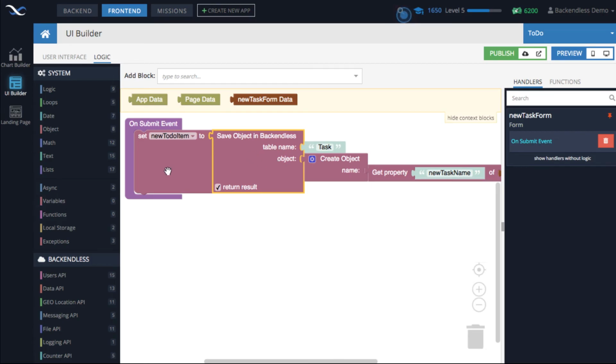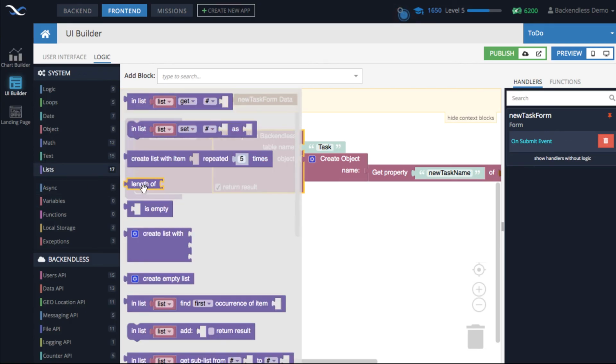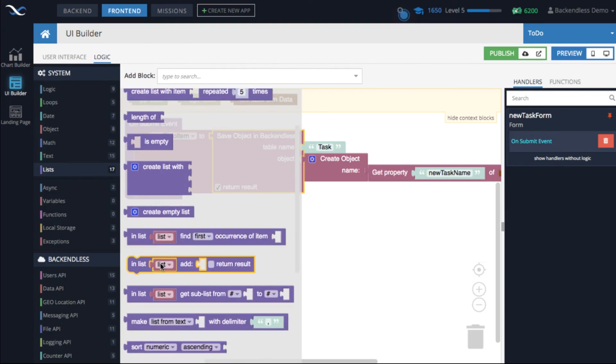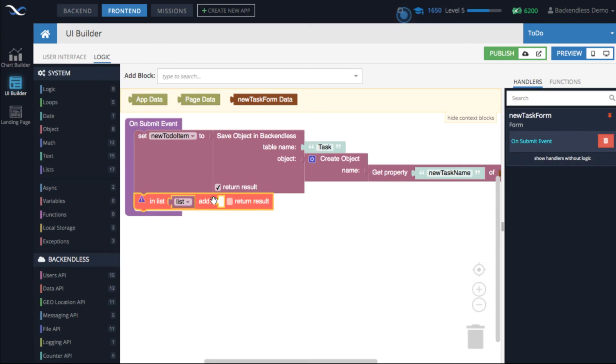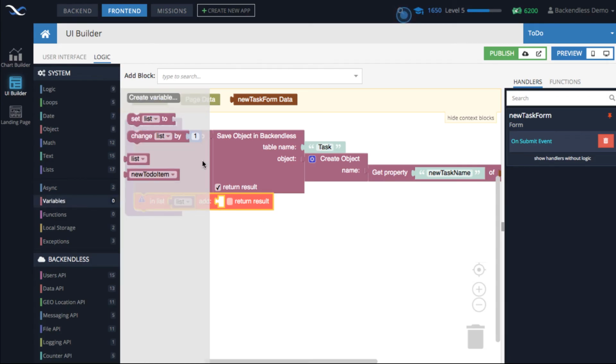And in order to add new to-do item, so this will contain that newly created object that is a full, complete object that now exists in the database, we need to add it to our list of objects that is the model of our container, of our list of to-do items. For this, I will use the block that is called inList add an item. So we will be adding new to-do item.